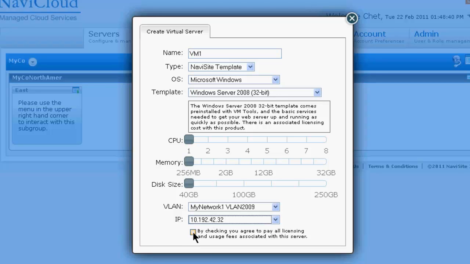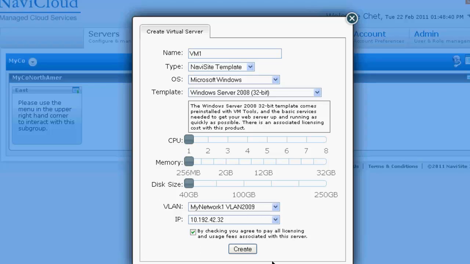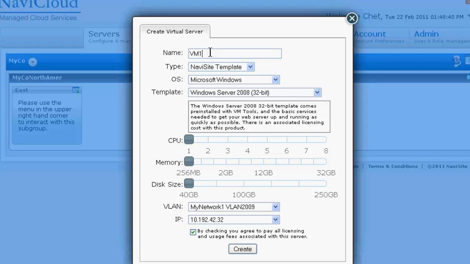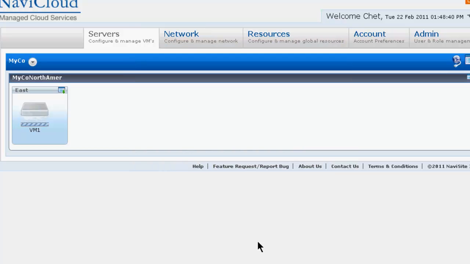So once we check the Agree to Terms box, the Submit button, the Create button appears, unless you've neglected to name the VM. The Create button's display is conditioned on the presence of both the VM name and the agreement to terms. Let's see, if I take away the name, the Submit button goes away. So with that in place, we will say create our VM,